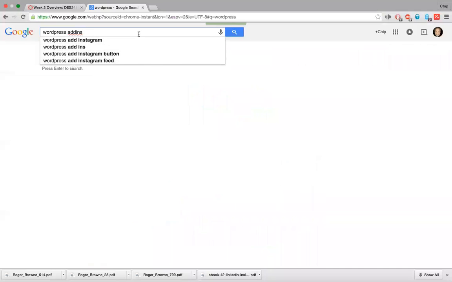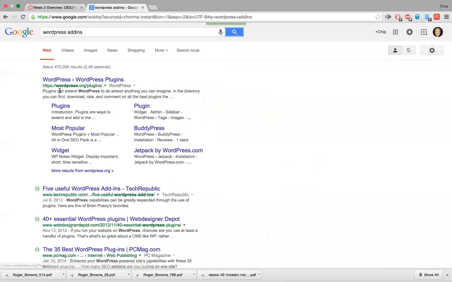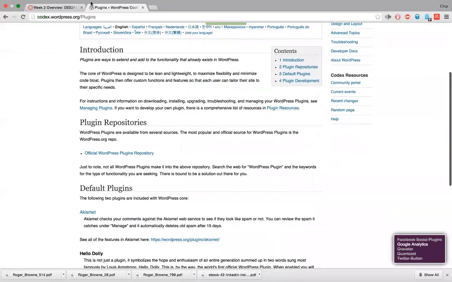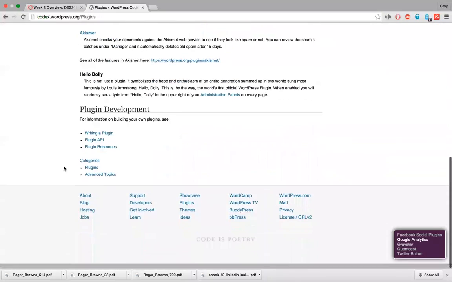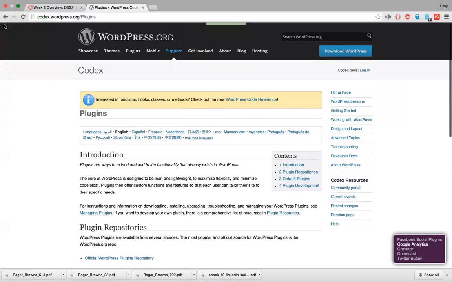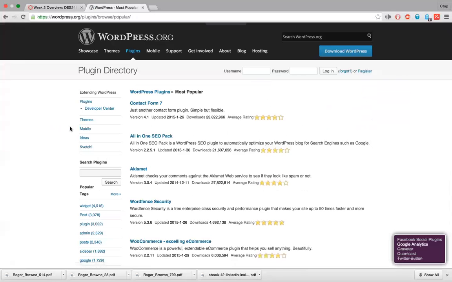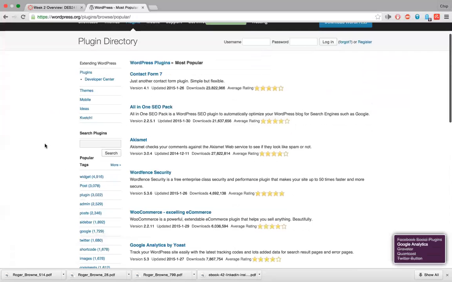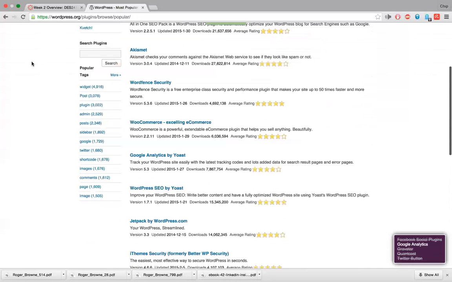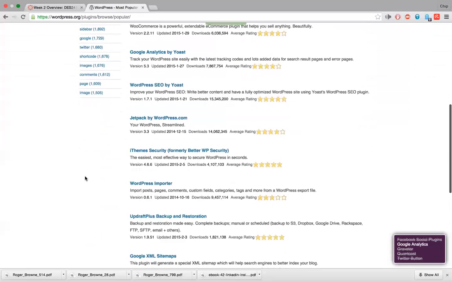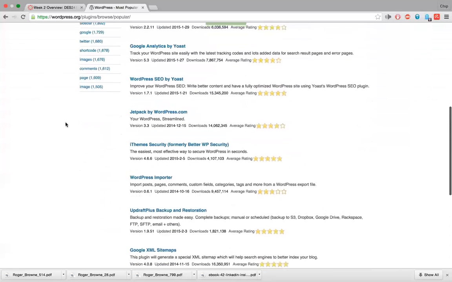Add-ins. You can very easily add components to the website. Plugins, I guess, is a better word for it. These are ideas that help in the design of a website. If you're familiar with the plugins that will help you plan and provide to your customer a greater service, these are usually free, and so